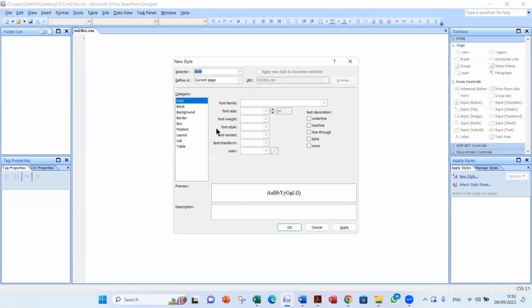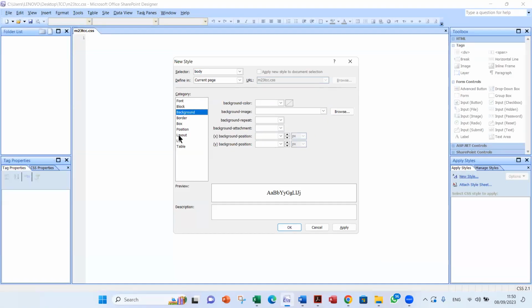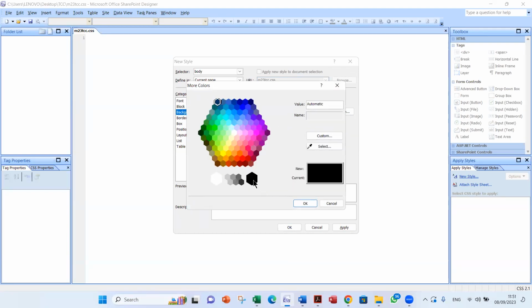Okay, now go to background. This is background color. Click more colors and selected initially as black. Click on that black. Because now I have the code hex, which stands for hexadecimal. And 00, 00, 00. The first two zeros is the hexadecimal value for the red.